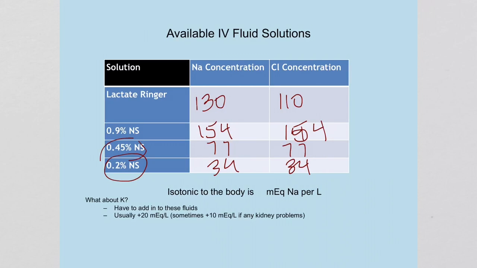One difference about lactated ringer is that they also have some other things in there too. So they have 4 of potassium. So you'll hear that there's a little bit of potassium. It's not actually that much. And 24 of bicarb. So that's nice to remember when you're thinking about solutions to pick,